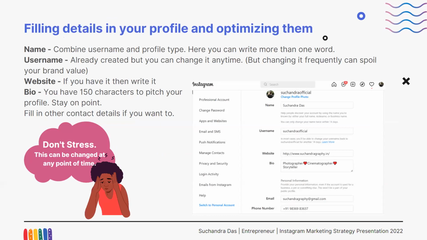Optimizing your Instagram profile is very important, because before you go for content creation, you have to optimize your profile, because that is the structure, that is the house where you are going to do the interior decoration. If your house is not that